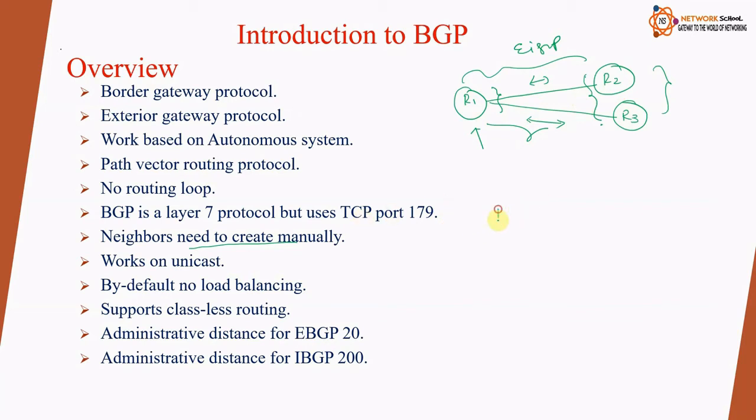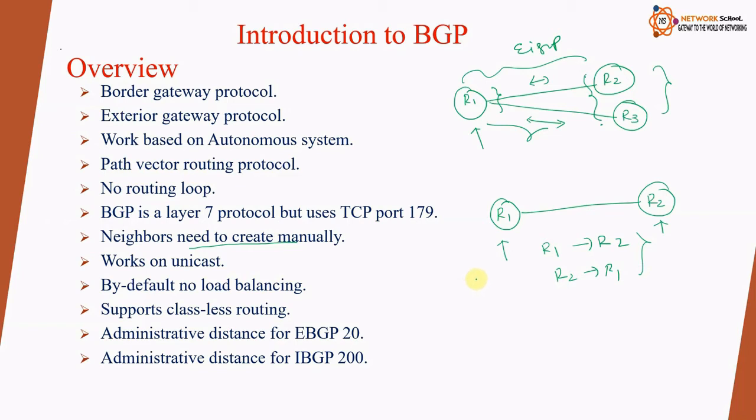In BGP, let's say we have router 1 and router 2. Whenever you would like to establish a neighborship between router 1 and router 2, you have to go to router 1 and specify that R2 is your neighbor, and go to R2 and specify that R1 is our neighbor. So this is a more manual task. If we have 100 neighbors, we have to go to each and every neighbor and configure the neighbor manually. In BGP, the forming of neighbors is not automatic.